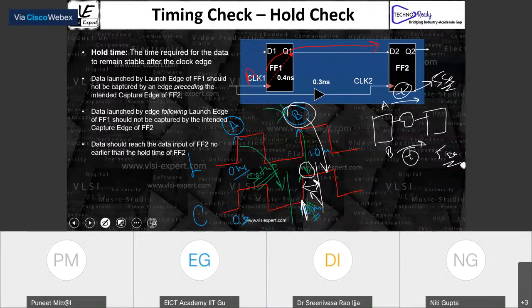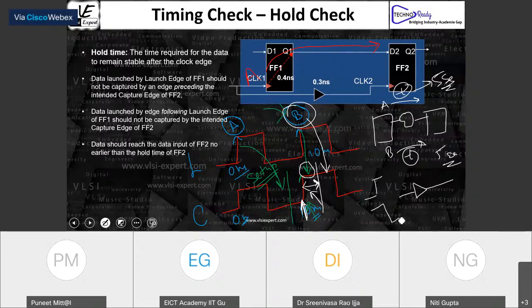The answer to this question is, when we were talking about the delay, if it is some combinational logic or a cell, we have to calculate the delay of this particular cell. In STA, we have discussed the delay of this cell for the rising edge or for the falling edge.